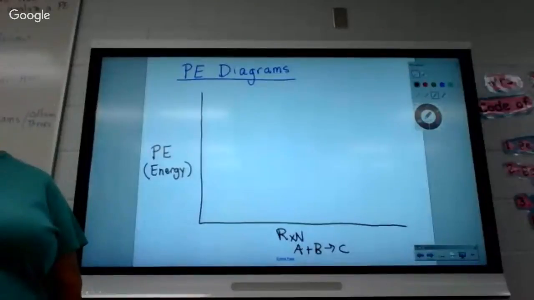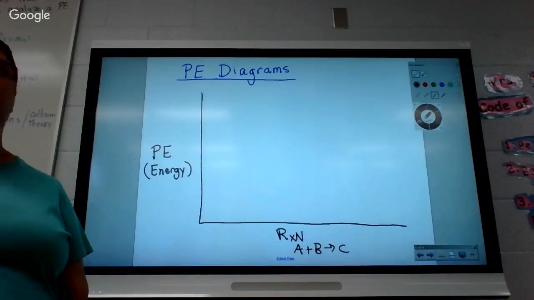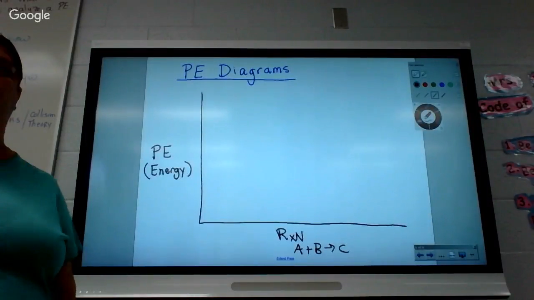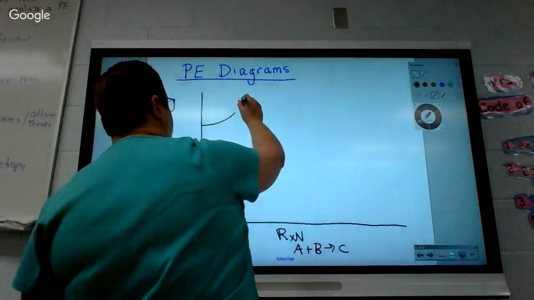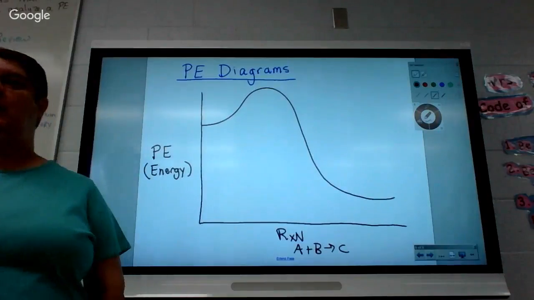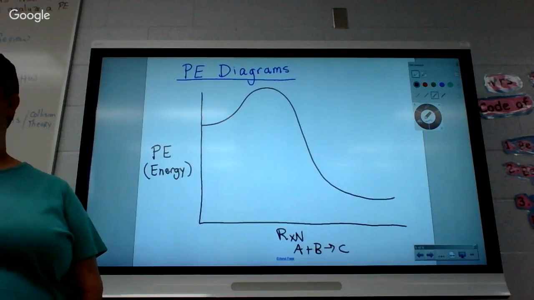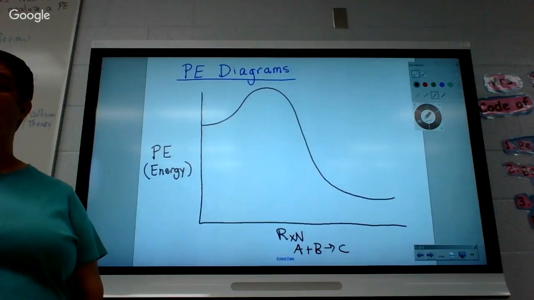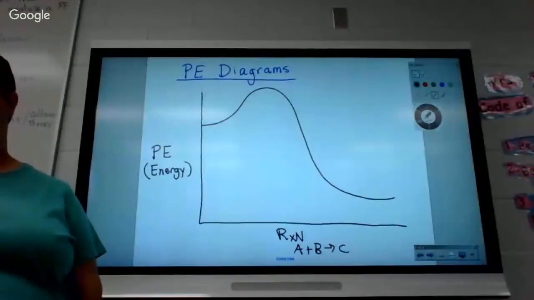Draw 2 of these because they're opposites from one another, and you need to be able to read both. Now, this is one of them. Now, there are 2 things you have to be able to find, and you need to be able to read them in the forward and in the reverse direction.